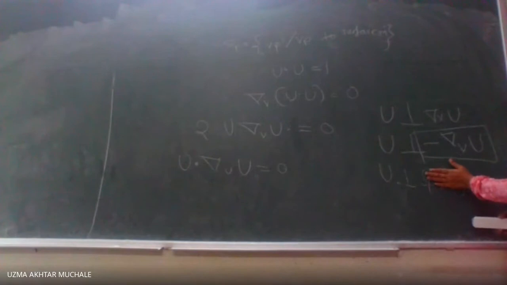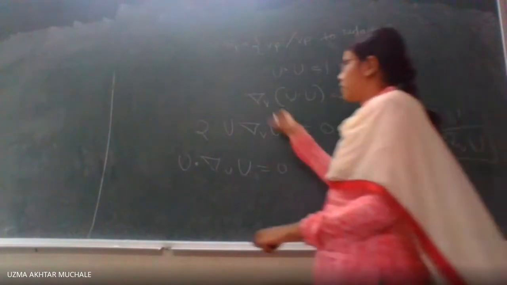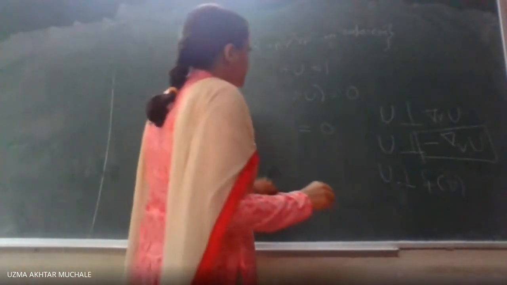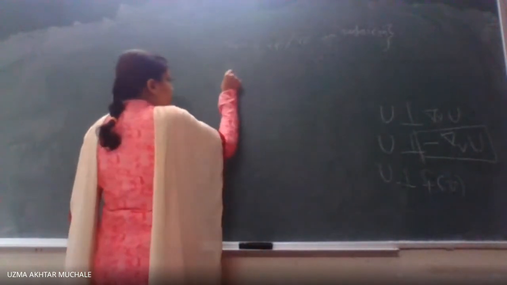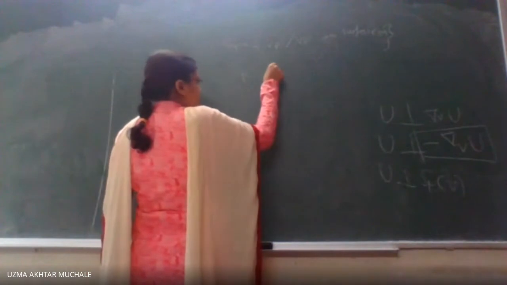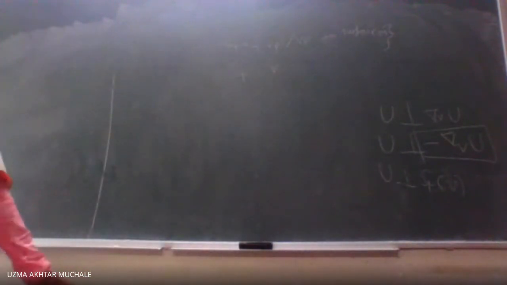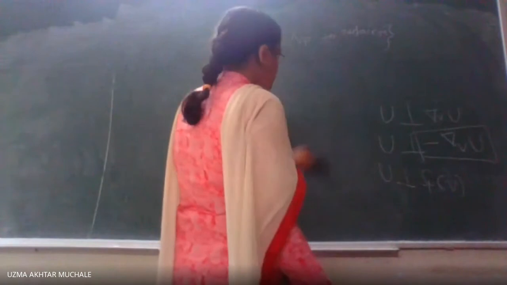U bar is the unit normal. Normal is perpendicular to what? The tangent plane. So what will be the codomain of the shape operator? Here we have described the domain. So what will be the codomain in the case of a shape operator? It is the collection of all tangent vectors at P. So the codomain or the range space for this shape operator is TPM. Correct?